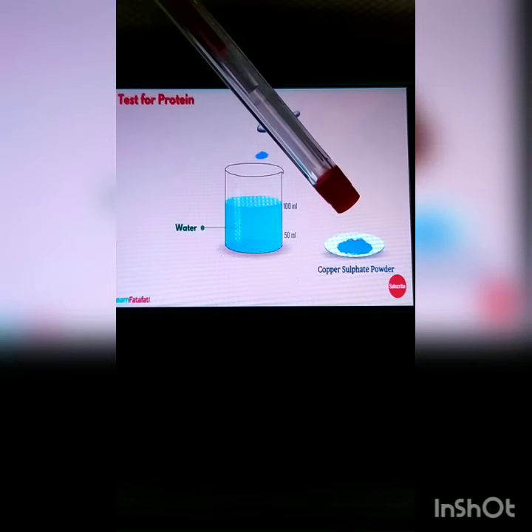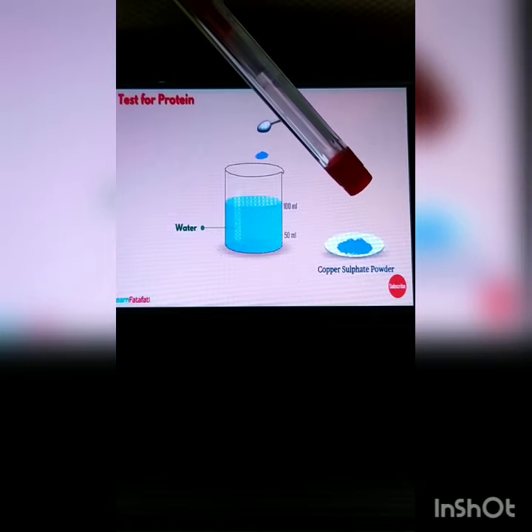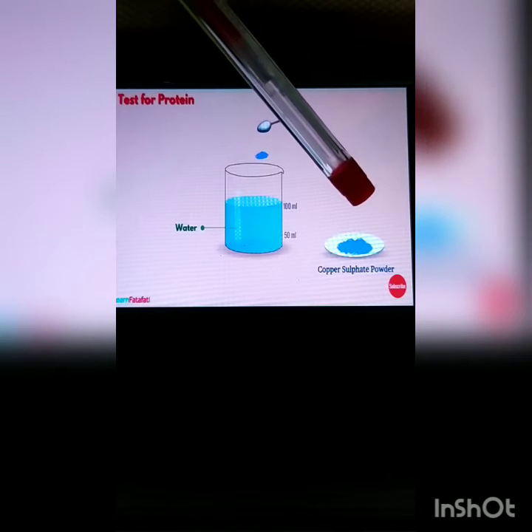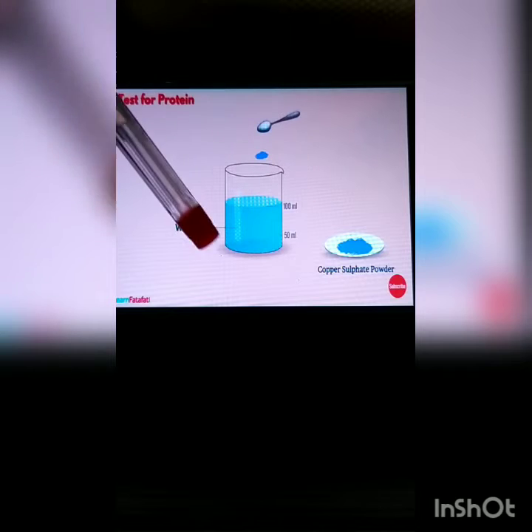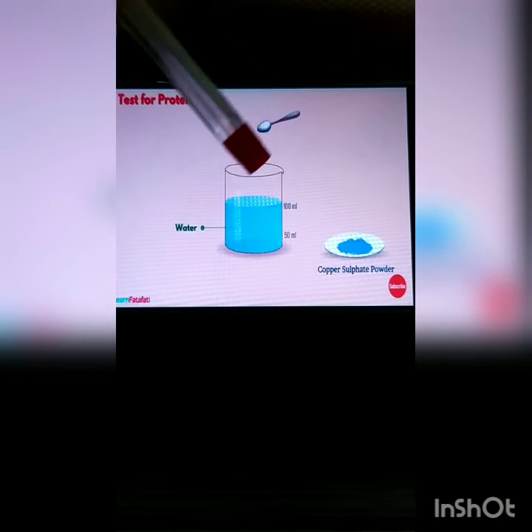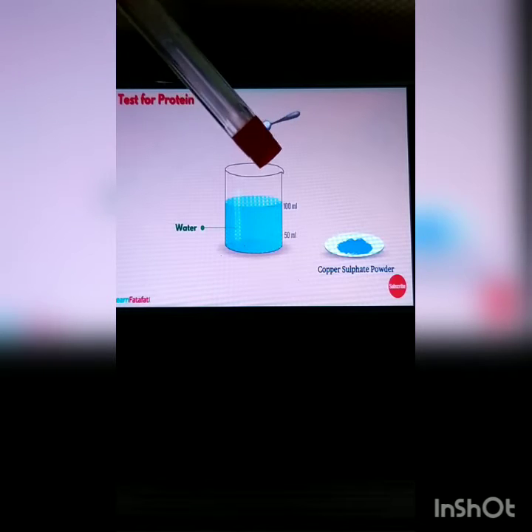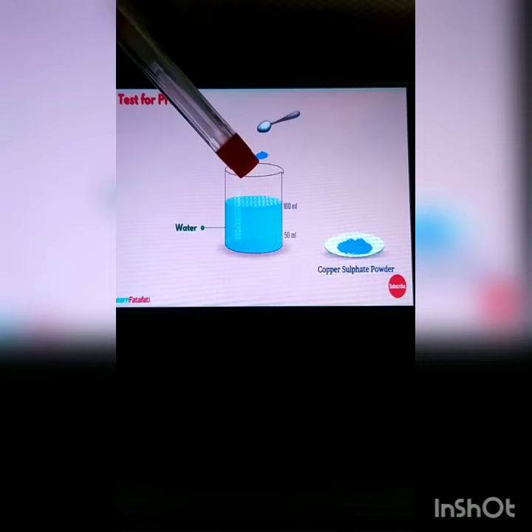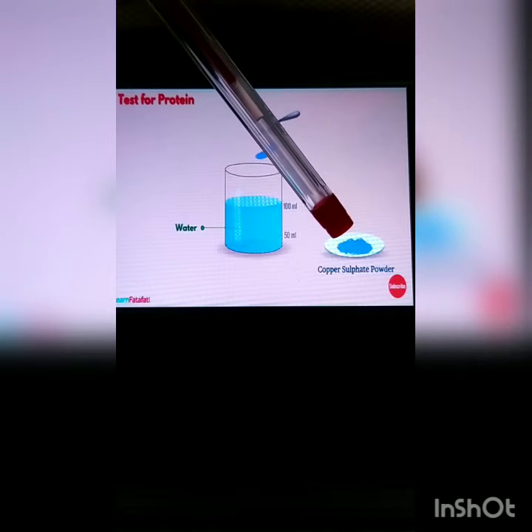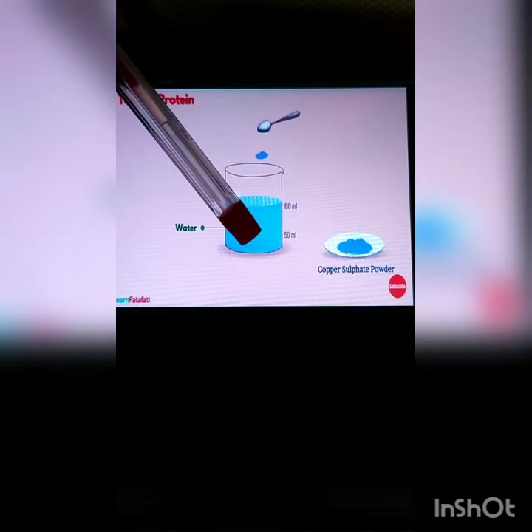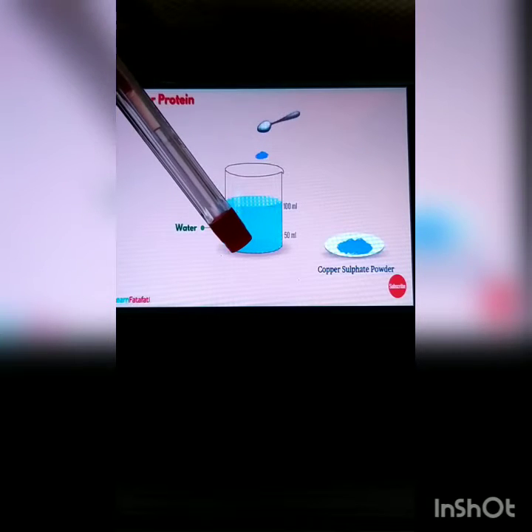So for that, what you have to do, for making of that, you have to dissolve. Now here we have taken a beaker. Okay, it is 100 ml. You have to take the exact quantity of water, that is 100 ml of water, in a beaker, and then you have to add 2 gram. You have to take 2 gram and add it into the 100 ml of water.